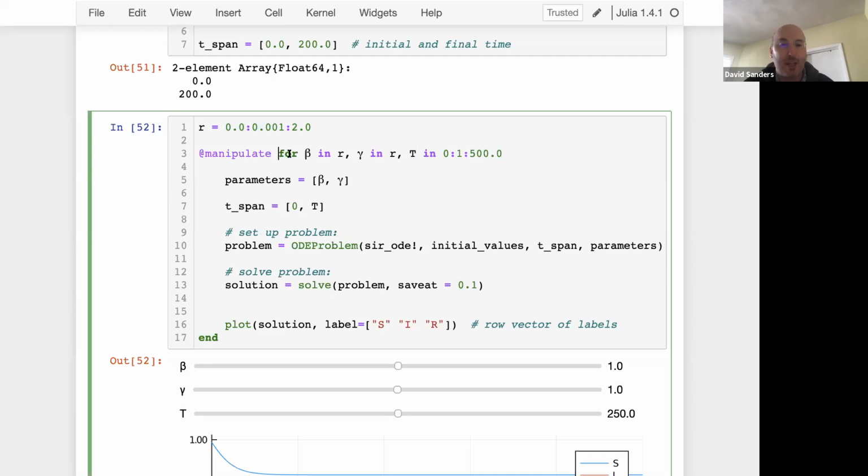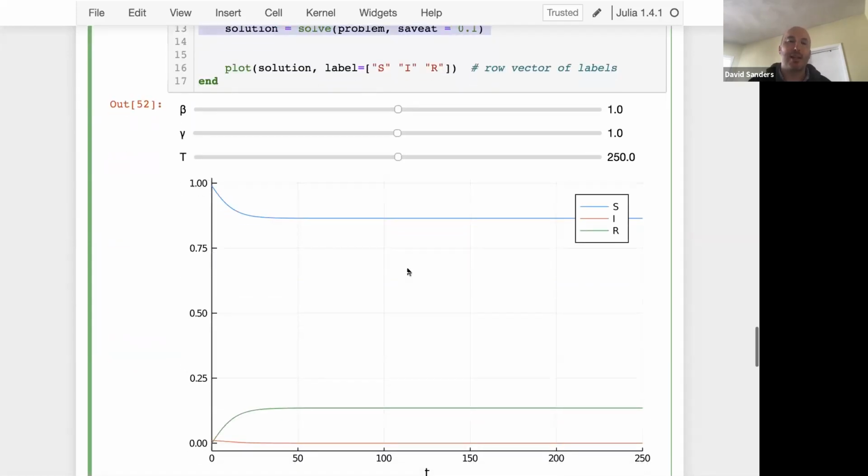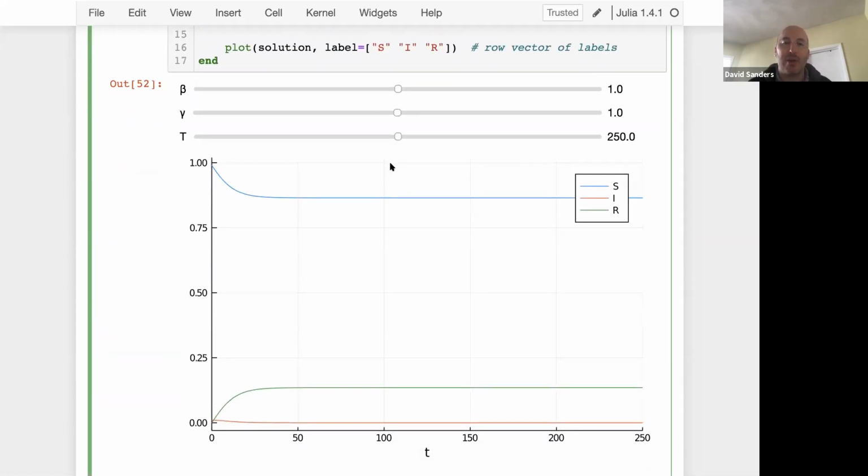And remember that if I just put for something, comma something, comma something, it'll make 3 different sliders if I put those in a manipulate. If I just have a standard Julia for loop, it'll actually be a multiple for loop. So I've just copied exactly the same code that we already had, and this is what we get. Now I can manipulate these around and see what happens. If I put gamma very low, then the infection, which is the red curve, just dies out, right? But if I start decreasing beta,